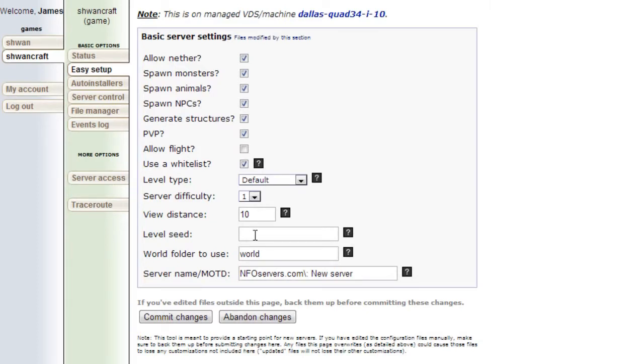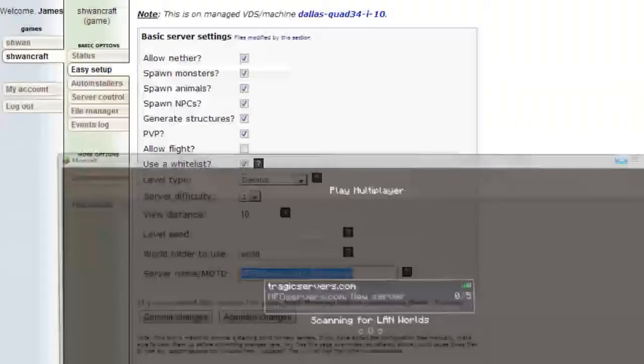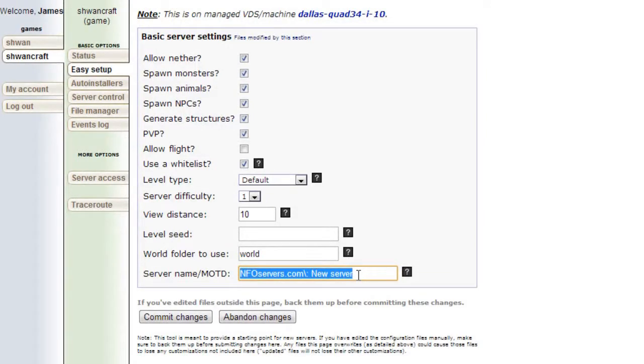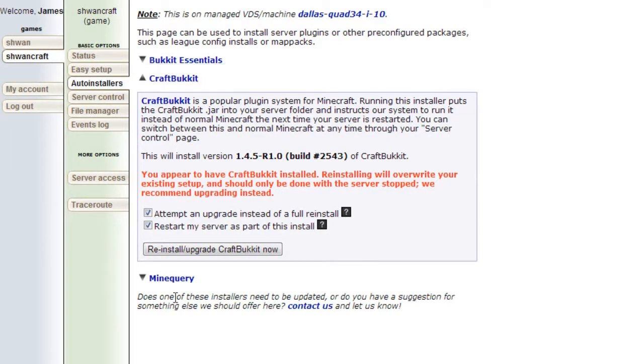So if we scroll down, we'll see right here, server name. If you change this, you can change this to whatever you want, and it will change the second line right here. Okay? You see? So that'll be the name of your server. So that's easy enough. If we go to the auto installers page, you'll see that we can automatically install 3